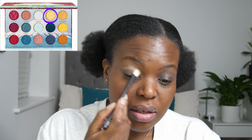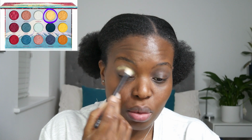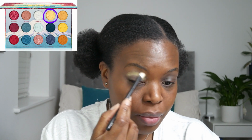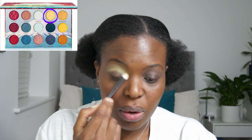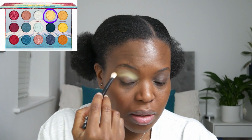So yeah, I got this some time ago now, because I want to say I got this in October. Yeah, because it was just before Halloween. I think I got this at the same time as Haunted Europe. And because it was Halloween, I kind of dived straight into Haunted Europe, and this got put in a to-use pile. And then obviously I got Polar Express, and that was a festive palette. So I decided that I wanted to use a festive palette, and this got shunted as well,